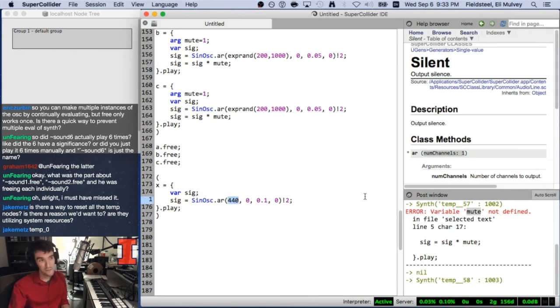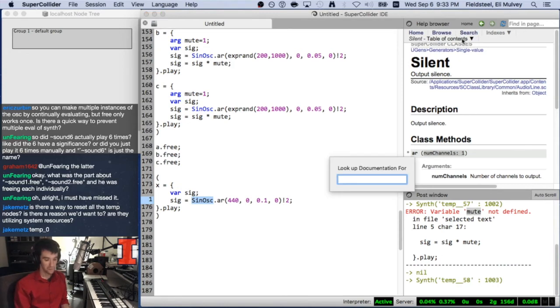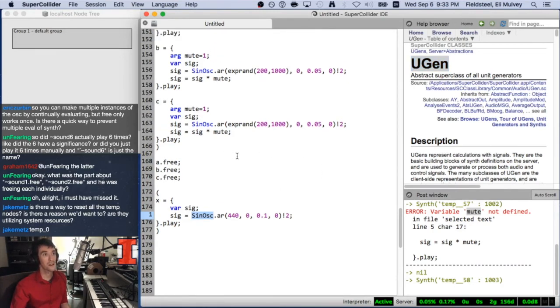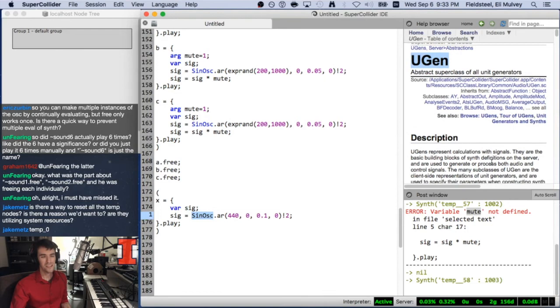So there are lots of unit generators out there. I don't think I actually formally introduced them, but if we do a find for capital U, capital G, lowercase e, lowercase n, we get to UGen. This is the abstract superclass of all unit generators. Unit generators are objects that produce or generate or manipulate an audio signal somehow. They interface with the server, they live on the server, and they don't have any meaning in the language. Well, it's not that they don't have any meaning in the language, it's just that they are very much server